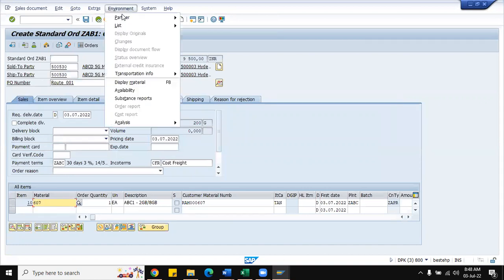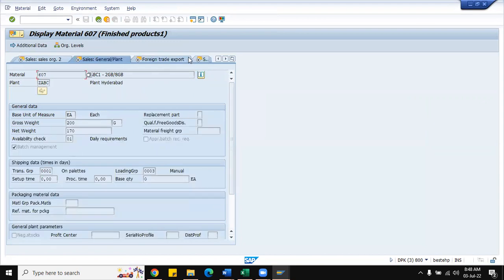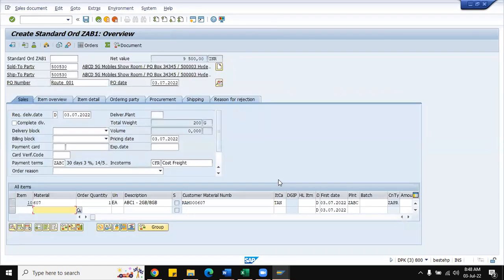And then for this 607, what is the material? The transportation group is 0001 and loading group is also 0003. So this is absolutely fine. We have maintained everything. But however, the system has not proposed the route automatically. We have to see the